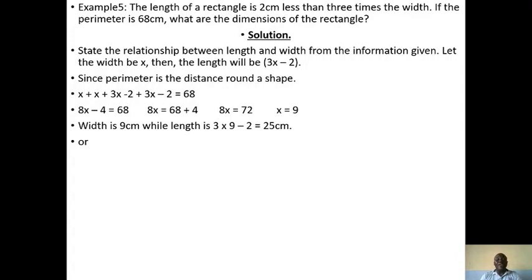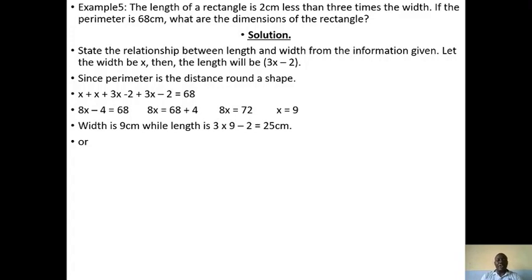the length of a rectangle is 3 centimeters less. I told you that less than means minus. So less, that is why you see the minus 2. They say less than 3 times the width. That's why you see 3x. Width is x, so 3 times means 3 times x, the width. That's where I have 3x. Then less than, that is why I have minus 2. So the length becomes